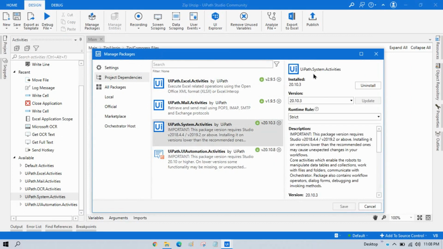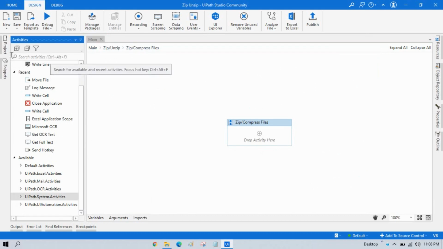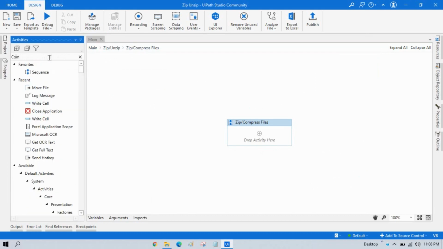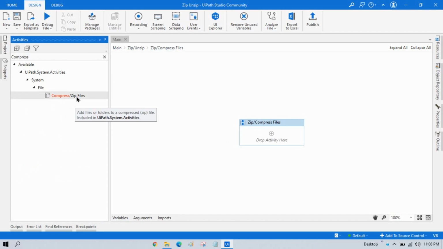If you have this package, just go to the activities and search for compress/zip files. This is used to add files or folders to a compressed or zip file. Now just take this one.